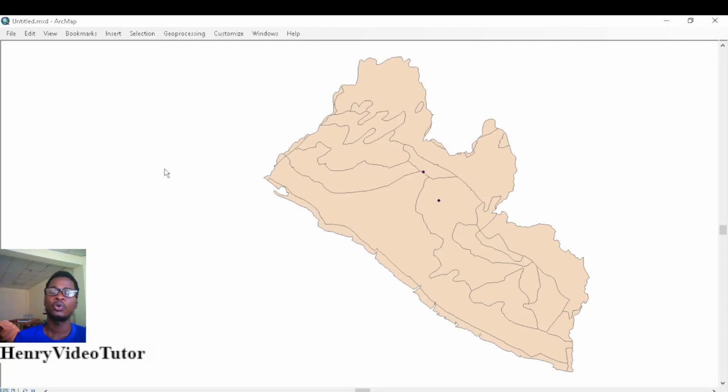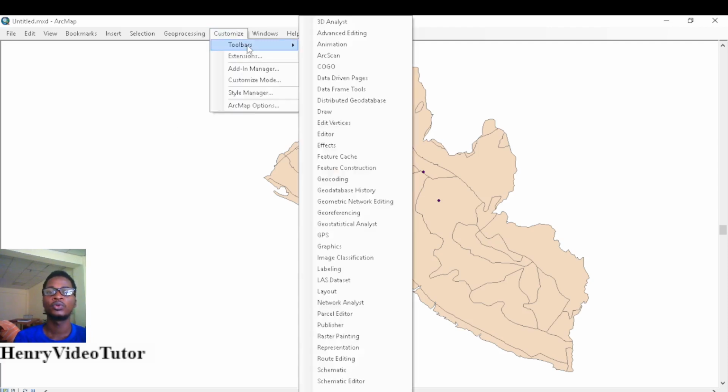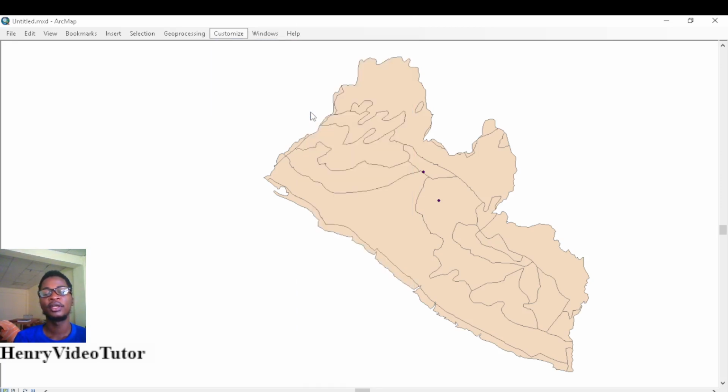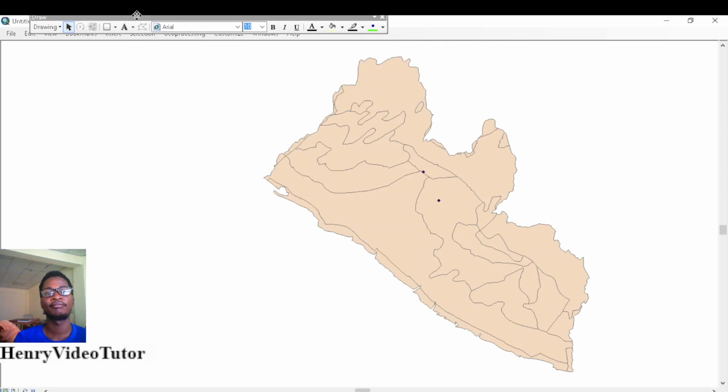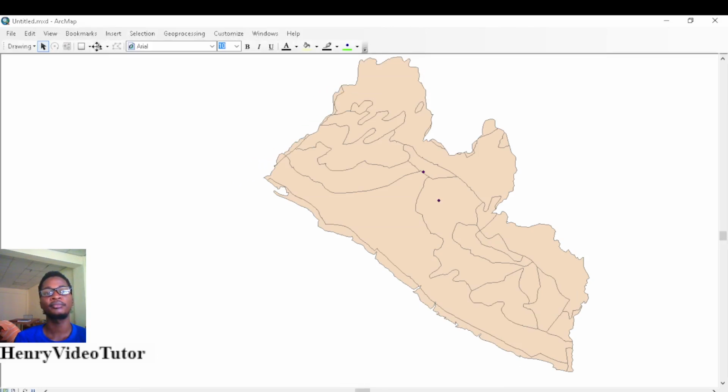So to put all of that on your table to make your work easier, what you do, go to custom, go to toolbox, and these are the list of functions. If you want to draw, for instance, you click on draw, and you will see the draw activation toolbar will appear. Right, so the draw activation toolbar has appeared here. If you like it, you can take it and put it anywhere here. Okay, we'll go back